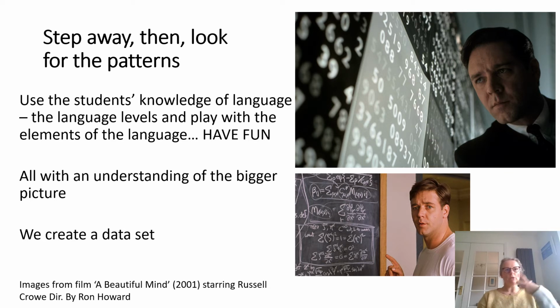At that point, when you're in tune with any background knowledge and schema that you want to bring to the analysis of the text, students can start to think about, literally, a very simple question, what stands out to me? And I've put some images here from the film A Beautiful Mind, starring Russell Crowe, directed by Ron Howard,